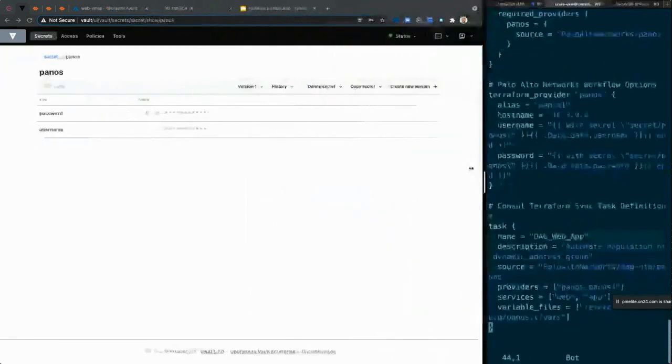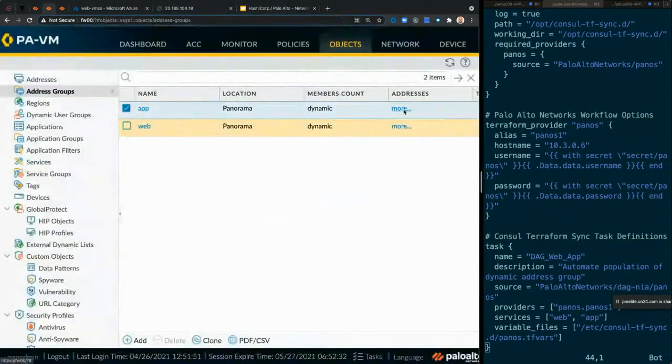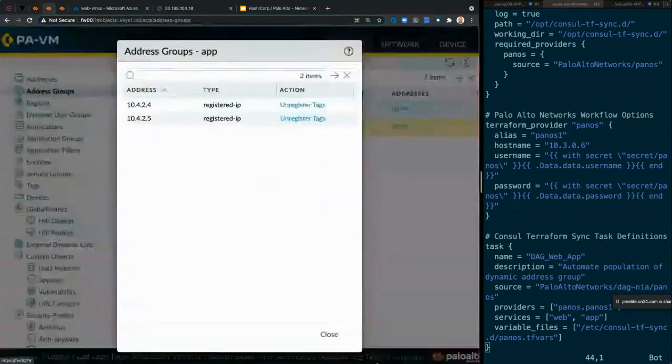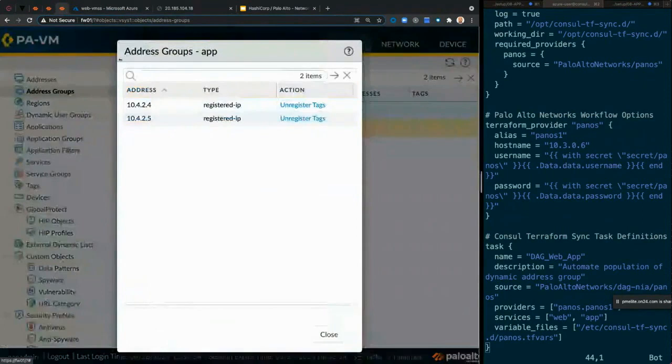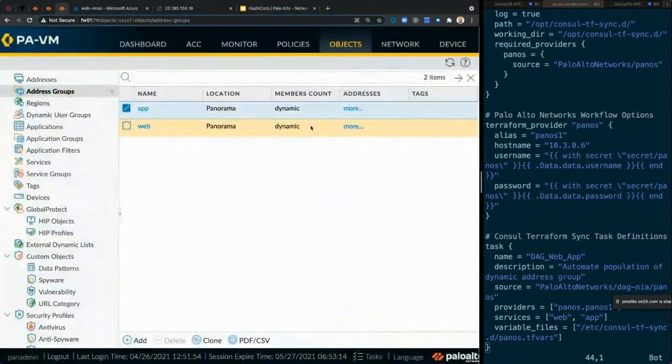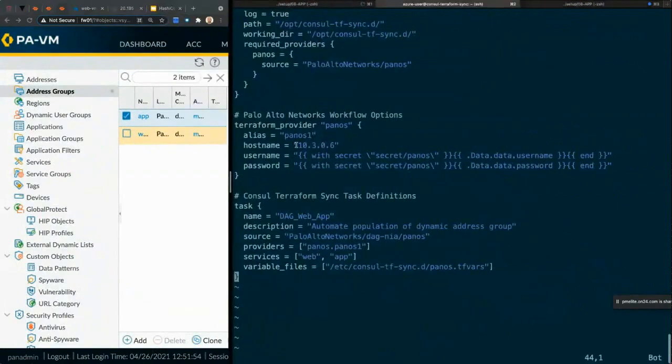Cool. So quickly want to jump back in. Now we have scaled in. We destroyed those web servers. Now if I go and check it out here, they're gone. And the same thing here, if I jump into the other firewall, they're gone too. So you didn't have to go and point into different firewalls. This is your Panorama 10.3.06. So you're pushing these tags into Panorama, and from Panorama, you distribute all that tag information down to all the firewalls managed by Panorama at that point.